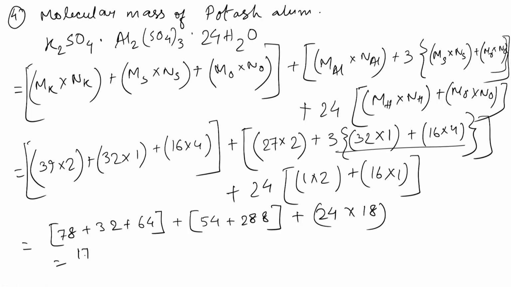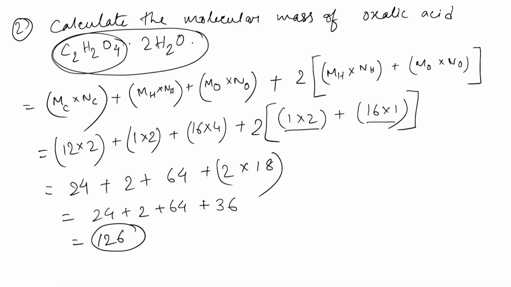So this will be 174 plus 342 plus 432, which comes as 948 AMU. Okay, now we have solved so many questions, but everywhere we have done these in terms of AMU,